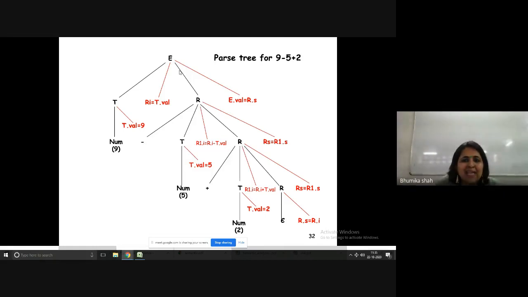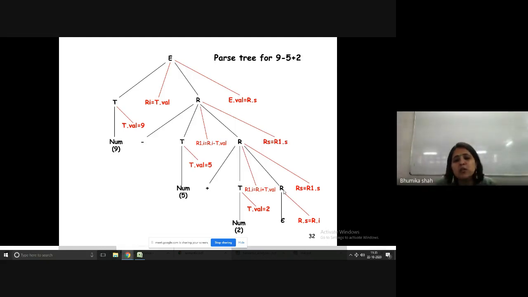So it will be 9 minus 5. What do you get? 4. So 4 is going to be stored over here in this R. Now once again the left hand side E dash will be the left operand. So 4 plus 2, 6 is going to be stored over here in the final E dash. So the answer that you get is 6.